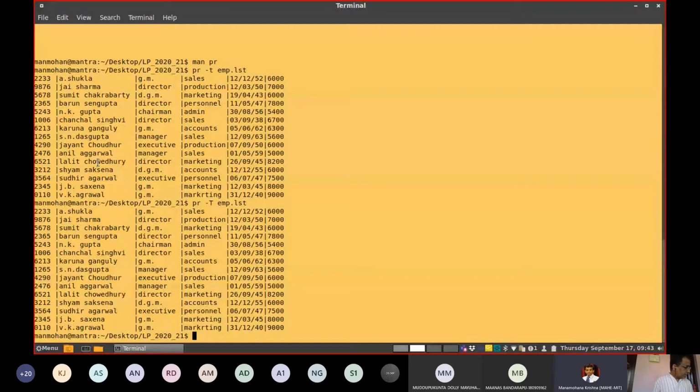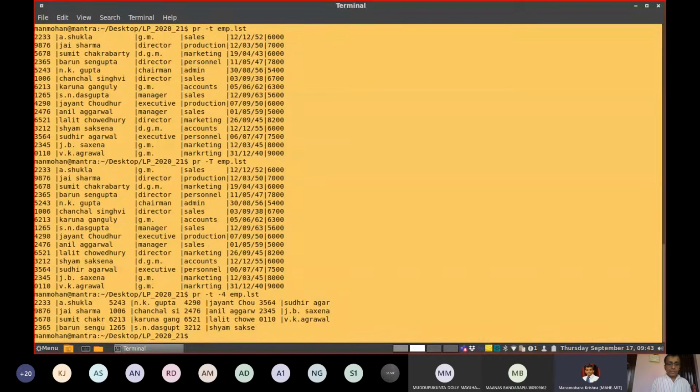Then again, you can also look into one more command with the -t option. Now look at the way in which output is displayed. The first 4 lines are displayed, but what happens now? Compare the previous output with this output with the -4.